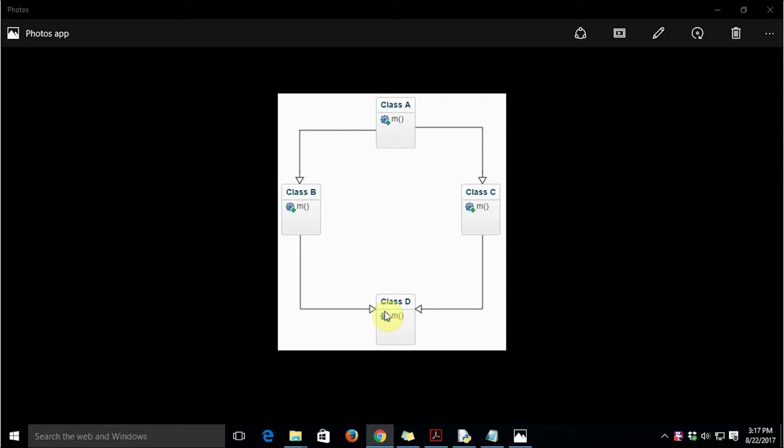In this tutorial, we are going to see what hybrid inheritance is and how to implement that in Python. We are also going to have a look at what the diamond problem is and how to solve it in Python. So as you can see in this image, classes B and C are children of class A, and then again we are deriving class D from classes B and C. This sort of arrangement is known as hybrid inheritance.